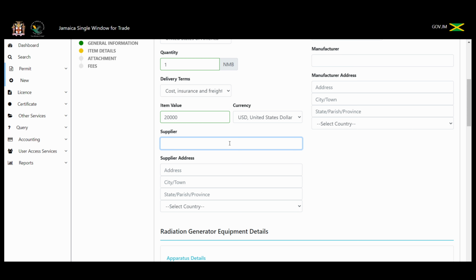So your invoice will tell the cost, the delivery terms, the supplier, and also give you the commercial description. Now, let's enter the supplier details. The address,